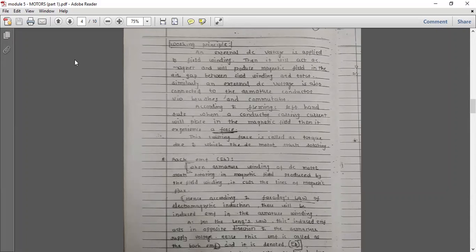Everything is connected to each other, and then there is Fleming's left hand rule. What is the main aim of Fleming's left hand rule? It provides a force. When there is a force, automatically the rotor starts moving. There will be a magnetic change, and then it is called torque. Torque means a twisting effect. What do you mean by torque? Some kind of twist with respect to your motors. So as your motor starts rotating, everything plays a very important role: your current, your field winding, your DC external voltage, your brushes and commutator.